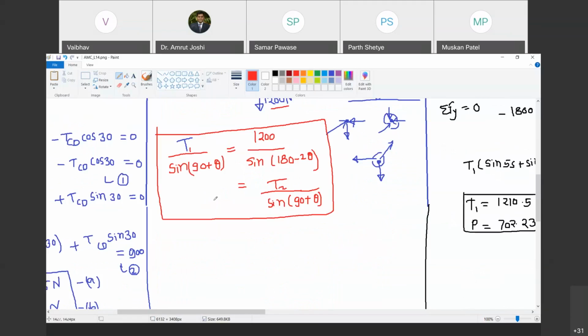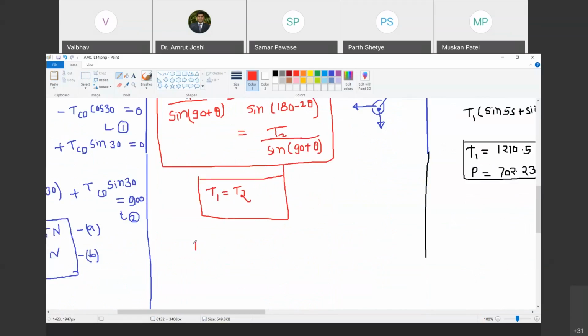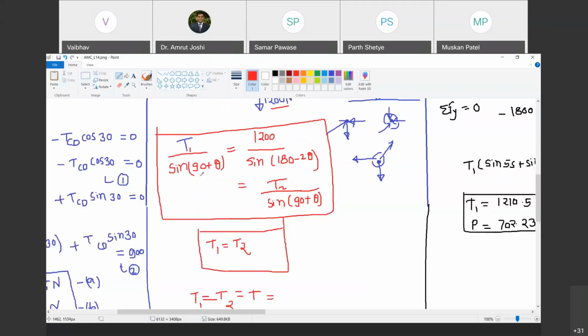So by equating first and third term I get T1 equal to T2. आर यू विथ मी? हाँ, ऐसे ही लिखते हैं। T1 इक्वल टू T2 मिल गया। नाउ, therefore can I express this T in terms of theta? हाँ, कर सकता हूं। या तो पहला और दूसरा आइडेंटिटी इक्वेट करो या फिर दूसरा और तीसरा इक्वेट करो। सो यू विल गेट T1 इक्वल टू T2 इक्वल टू T इक्वल टू कितना मिला देखो